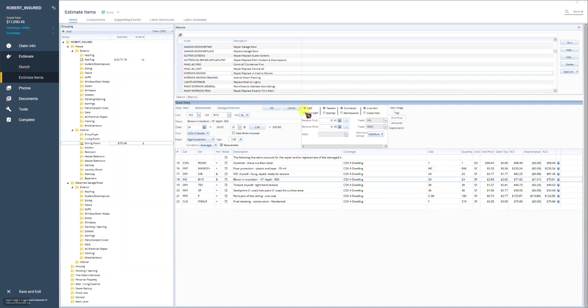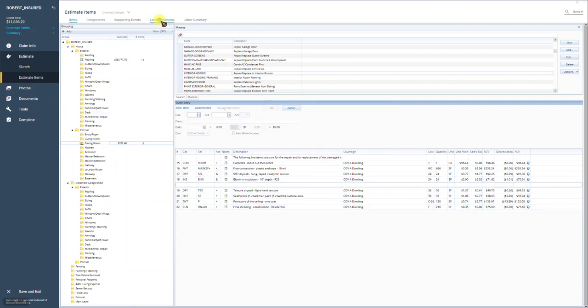And as you'll notice, this opens up where we can select O&P, non-O&P, make it tax exempt, and there's various options here. But if you'll notice, there's a little drop-down menu here, minimum group. If we drop this menu down, it will show the various trades that we currently have activated in this claim. And we see that drywall is here. So we're going to select this. And now we're telling Xactimate, I want you to reassociate this insulation line item no longer with the insulation trade, but to the drywall trade. So now we just reassociated one trade to another trade. So if we click OK,